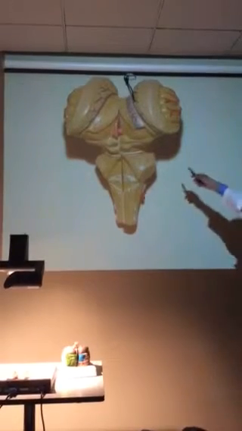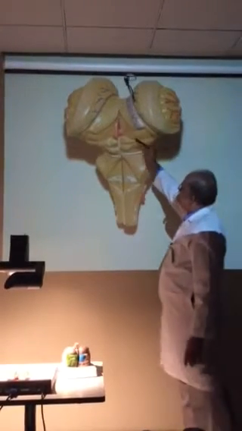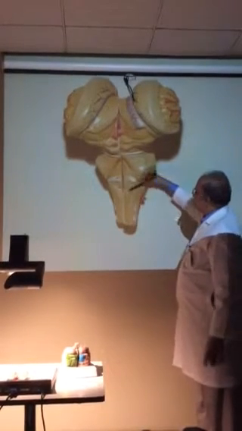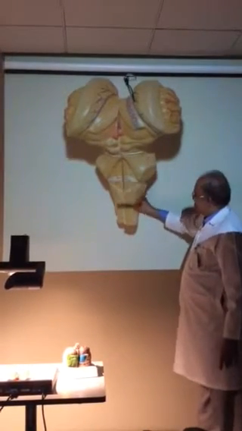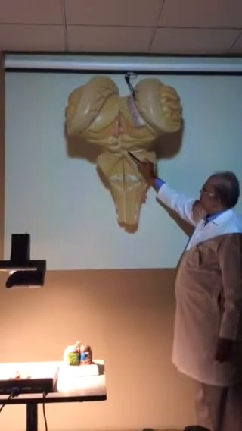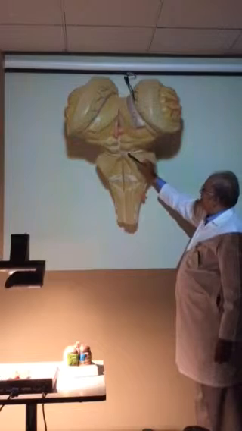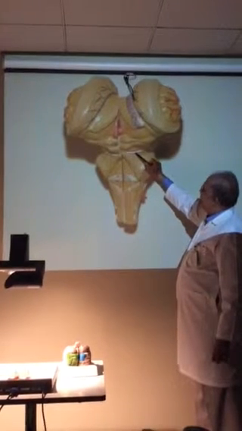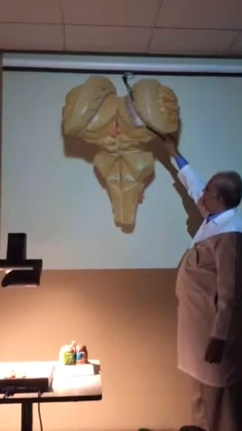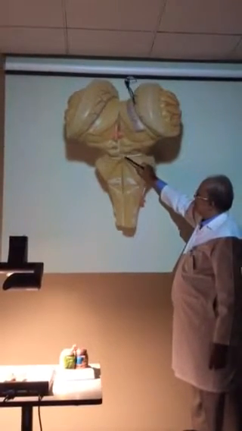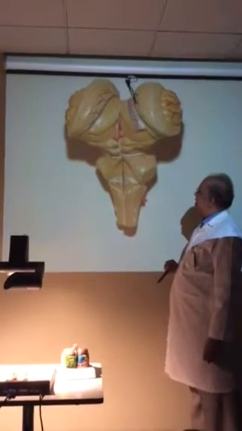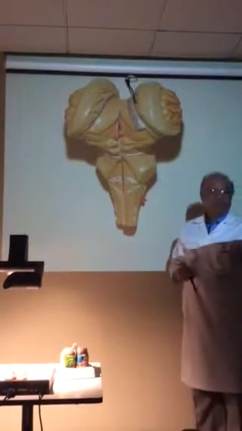So now you can see this is the posterior surface of the midbrain. This is the posterior surface of the pons, and this is the posterior surface of the medulla oblongata. And you can see on the posterior surface the trochlear nerve is arising from here, and then it passes laterally, and ultimately it will appear anteriorly, but it is attached posteriorly. One trochlear nerve, and this is the other trochlear nerve on the other side. Okay, is it clear? Yes.